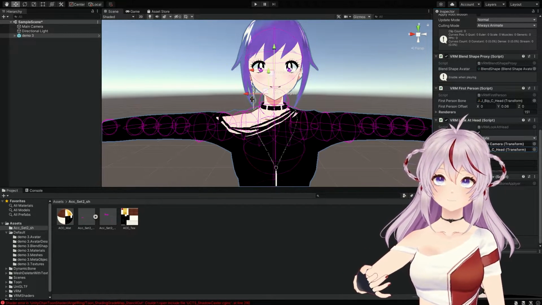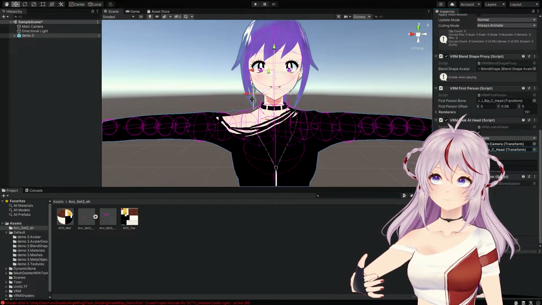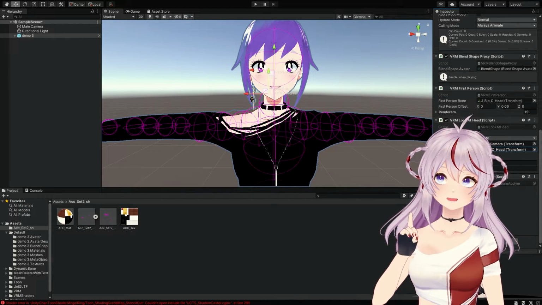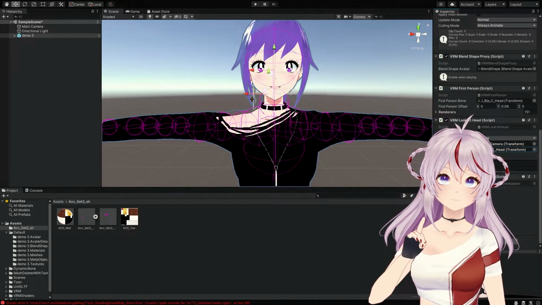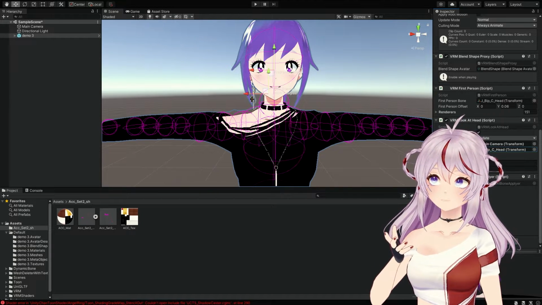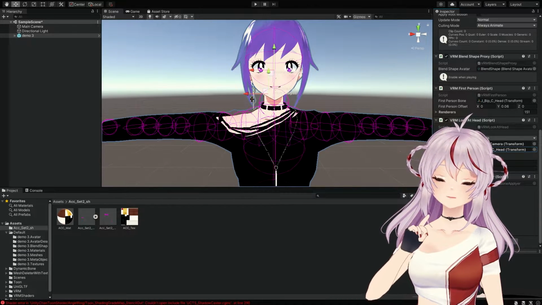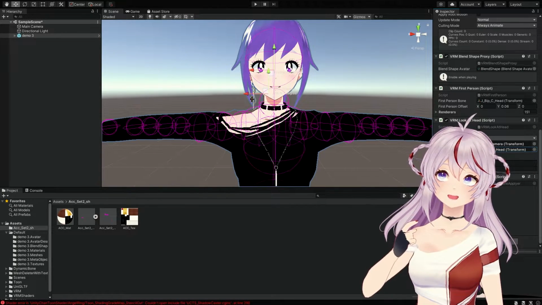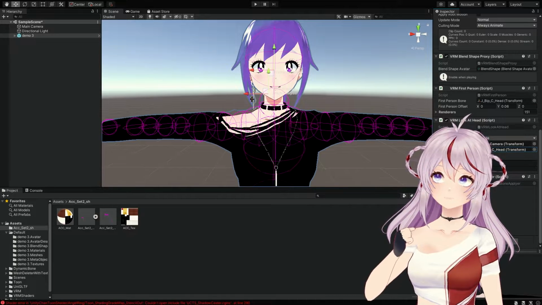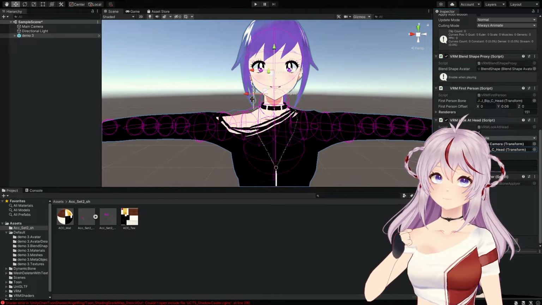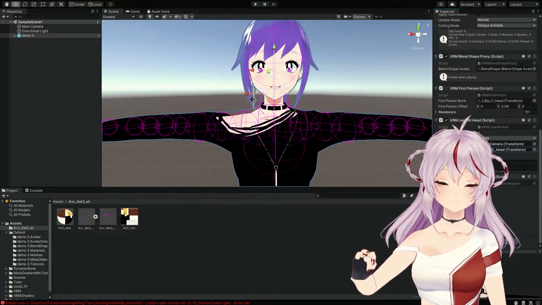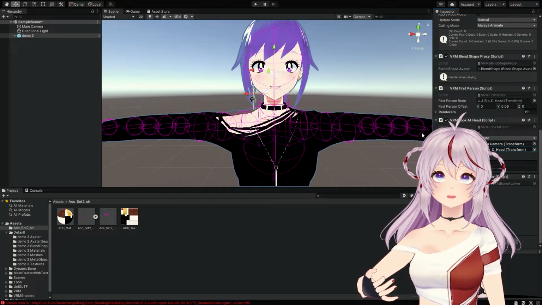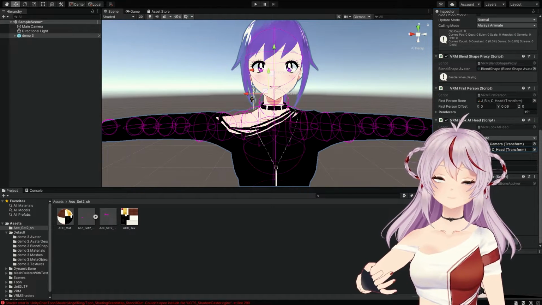Okay, you're done. With this set, whatever tracking software you're using, if it tracked eyes, wherever your eyes move, your VRoid eyes should follow. And depending on how you created your model in VRoid Studio, it might be a little different. I noticed that my eyes tend to go a little bit higher than normal, which is fine. I don't know, I like it. Anyway,